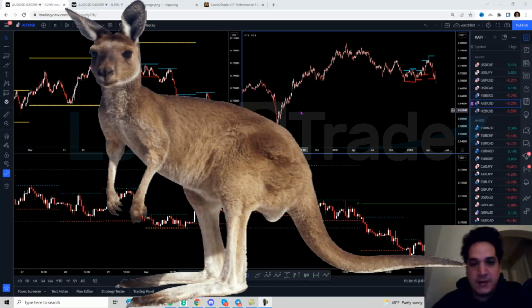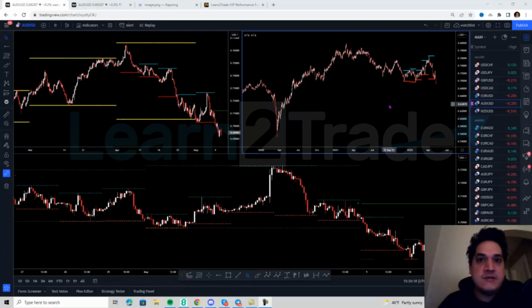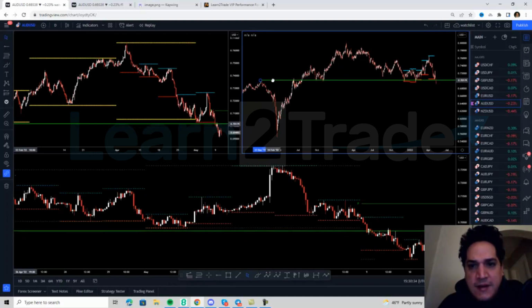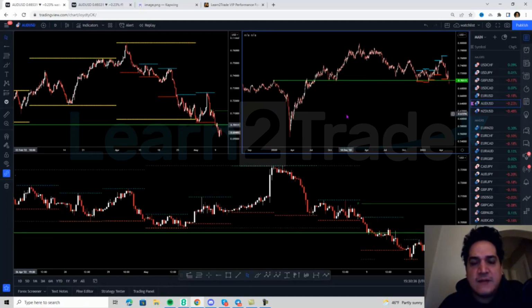versus the US dollar. Now, first of all, I want to look at the higher time frames. So I'm going to look quickly at the 1 hour chart, the top right chart on my screen, and just have a look at this key level that I'm looking at right now, right here. This is the key level that I'm looking at, right? I'm not going to zoom in on my chart because I want you to notice what I'm looking at,